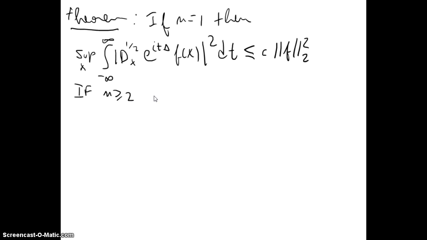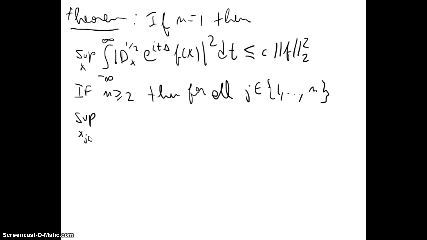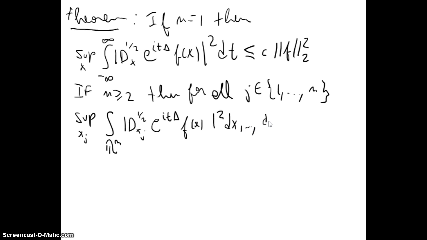n is greater than or equal to 2, then for all j in n we will have the supremum over x_j in R of the integral over all the other variables, dx_1, ..., dx_{j-1}, dx_{j+1}, ..., dx_n, dt, of |D_{x_j}^{1/2} e^{itΔ} f(x)|² is less than or equal to a constant c‖f‖₂², and where in this case